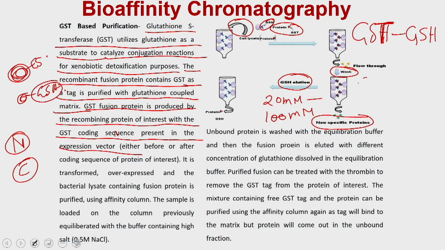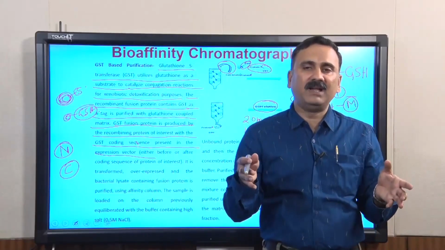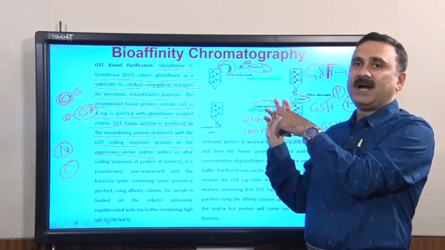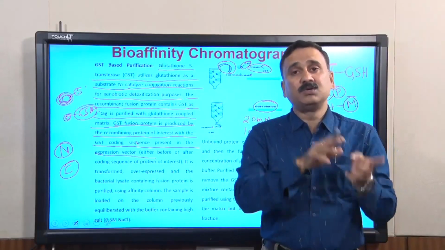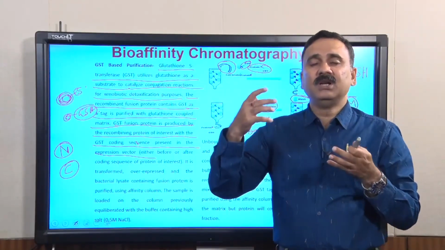You can imagine that you have two GSH: the GSH which is matrix bound, and the GSH added in the elution buffer, which has already bound a protein through GST. When you flow a large quantity of GSH in the mobile phase, the protein binding to the GSH on the beads is going to have a distribution